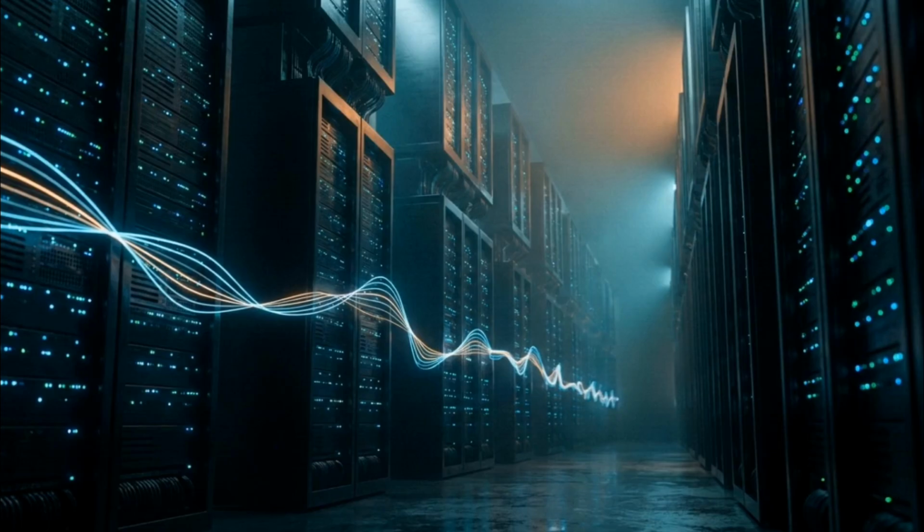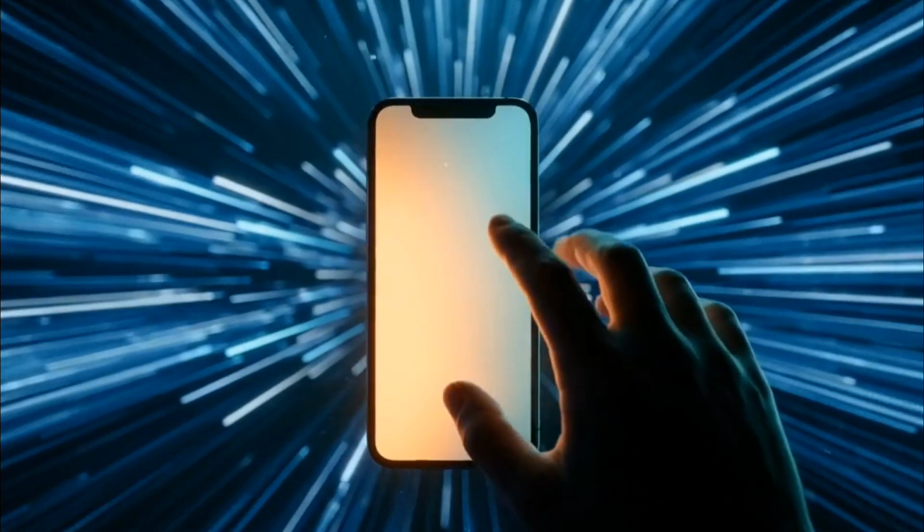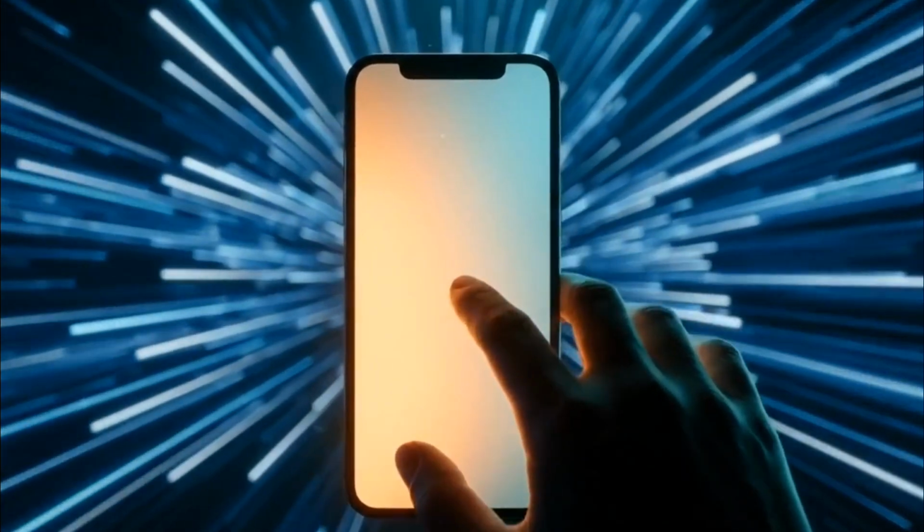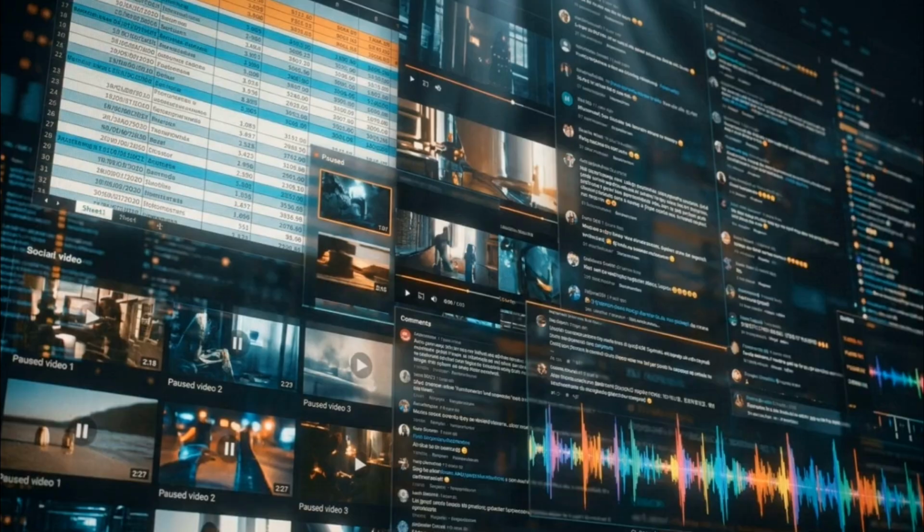These real-time predictions aren't magic. They are the output of an entirely different structural ecosystem. We call it big data. To understand how a predictive algorithm actually functions, we have to look past the interface of your app and examine the raw fuel powering it. We can map this out.